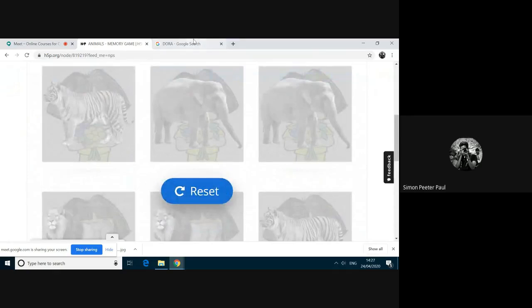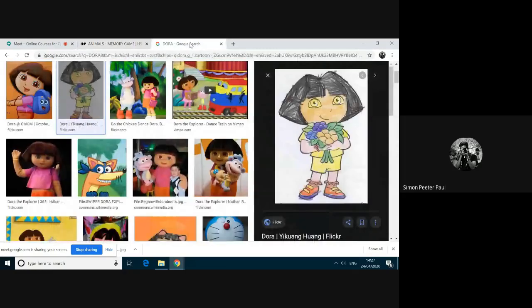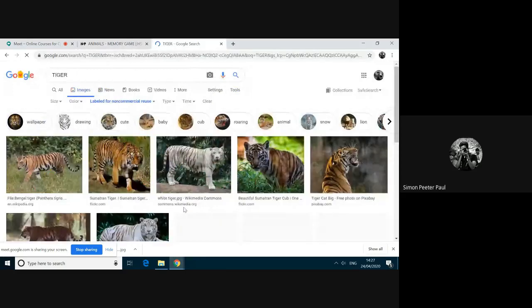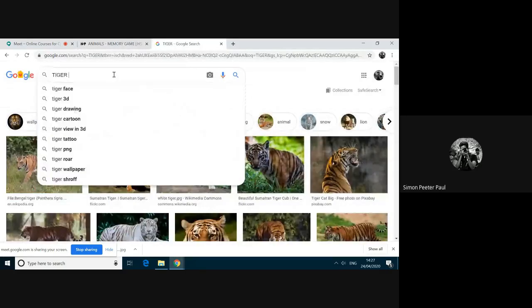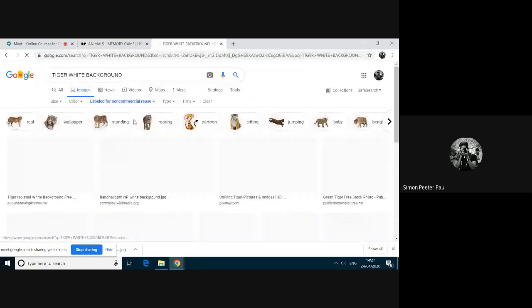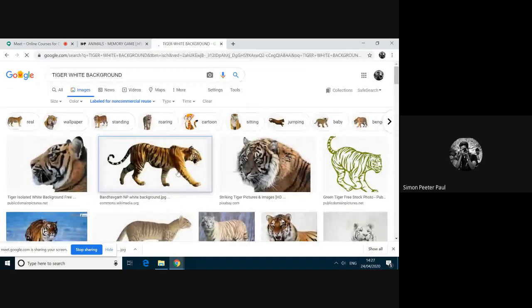Now I am getting this image. Suppose if I am adding, here I am having some transparency since it's a PNG image. Now I am changing this one into a general image. Lion, white background. Change this one.